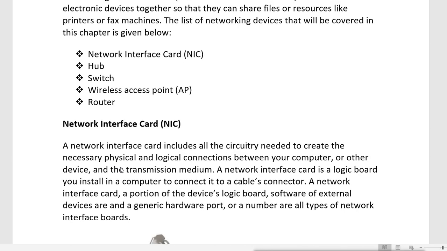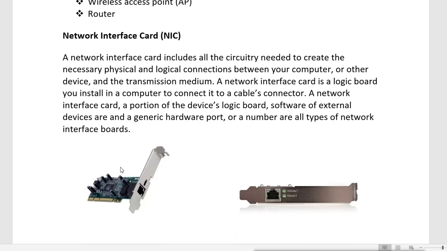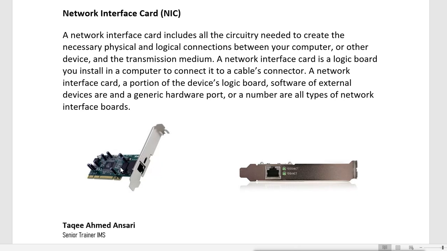Now the first component is the network interface card. In short, we call it NIC. A network interface card includes all the circuitry needed to create the necessary physical and logical connections between your computer or other devices and the transmission medium.